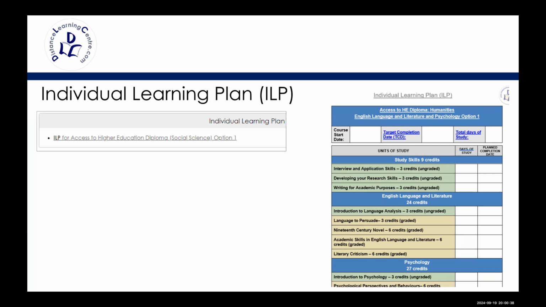So this ILP is designed to make sure that you're pacing your studies throughout the year. You pop it up on the website for us, and your tutor will set you a standard deadline. Most go for 3 credits, and we normally give you a 2-week deadline. For 6 credits, we normally give you 4 weeks. But it's still your responsibility to make sure that you get your studies done by the end of the year. Using your ILP is important, I have to emphasize,